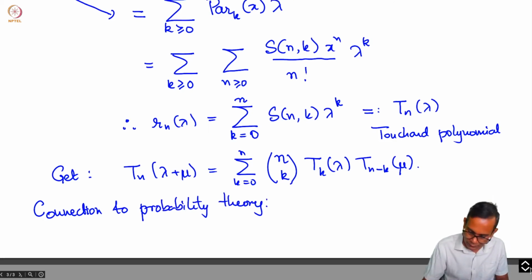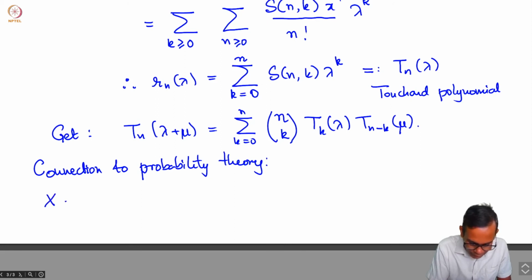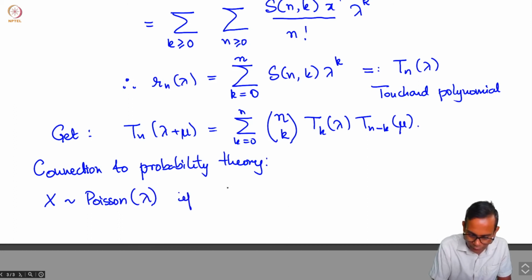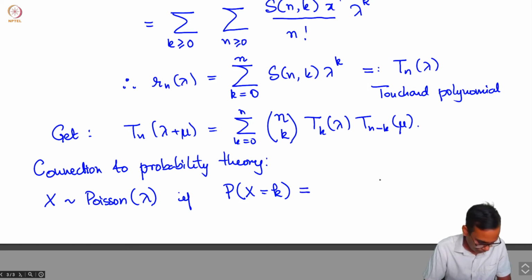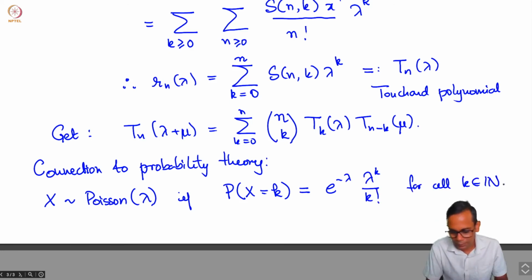So the Poisson distribution with expectation lambda is given by, we say that a random variable X is distributed with Poisson distribution with expectation lambda if the probability that X is equal to k is e to the minus lambda, lambda to the k by k factorial, for all k non-negative integers, and the probability of any other real number occurring is 0. So this is the Poisson probability distribution,